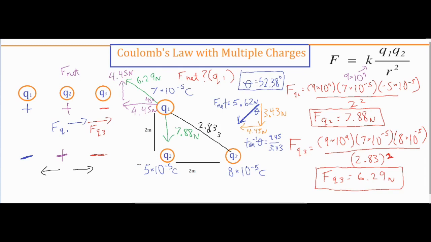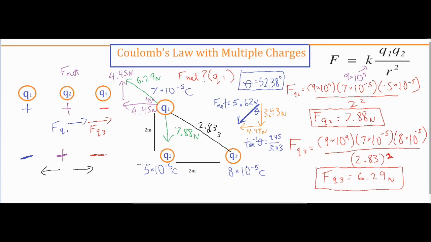Okay, so there is a lot of work on the screen here. So let me just sum it up and then walk through the steps one more time. Okay, so basically what you want to do is your first step is always to start out with Coulomb's law. Just find the force between the two charges that you're currently looking at. So there's a Q1 and a Q2 because you're only going to analyze two charges at a time. So it might be these two first, it might be these two first, but you only analyze two at a